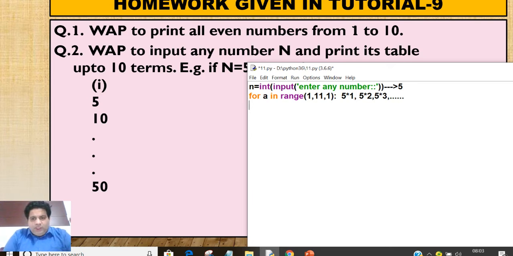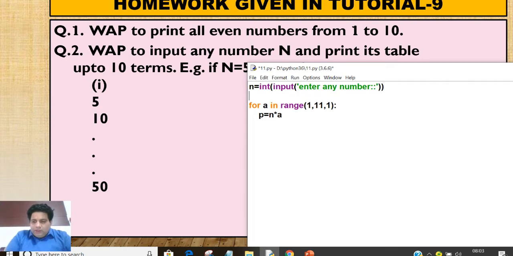So take another variable p here. Now instead of 5 you write n into, see instead of 5, because it can be any number, और ये any number कहाँ स्टोर हो रहा है? n में. तो 5 की जगह आप लिखोगे n into, और ये 1 2 3 कहाँ से मिलेगा हमें? 1 2 3 ये a की वैल्यू है. Clear? Now let's remove this.